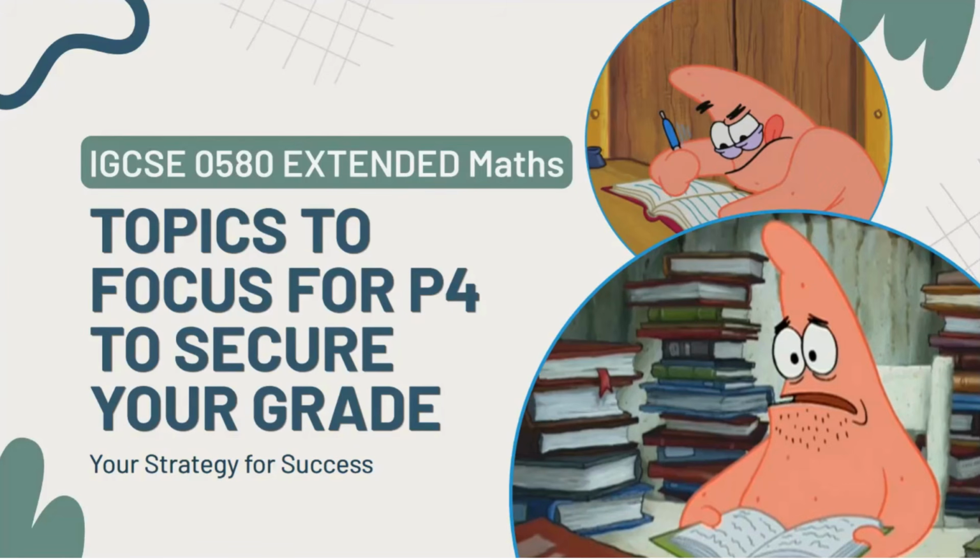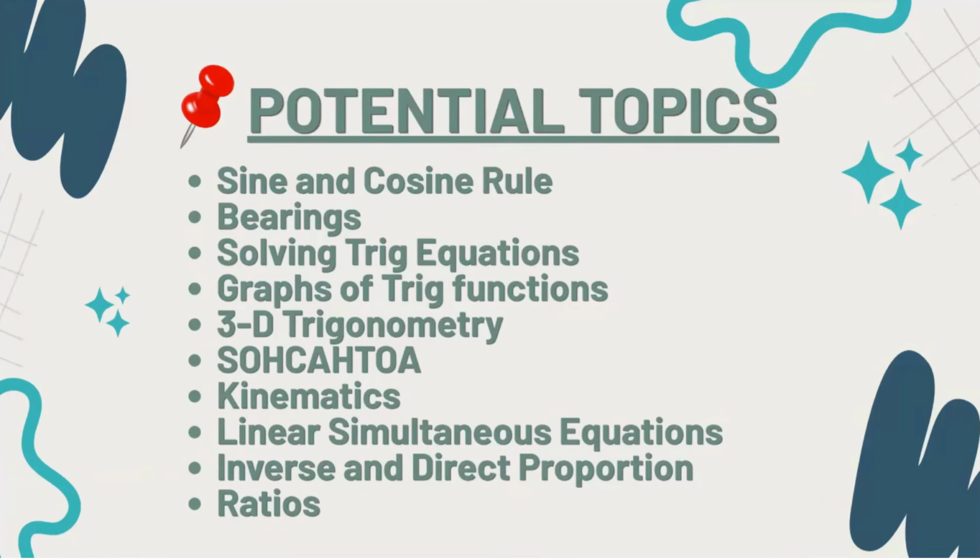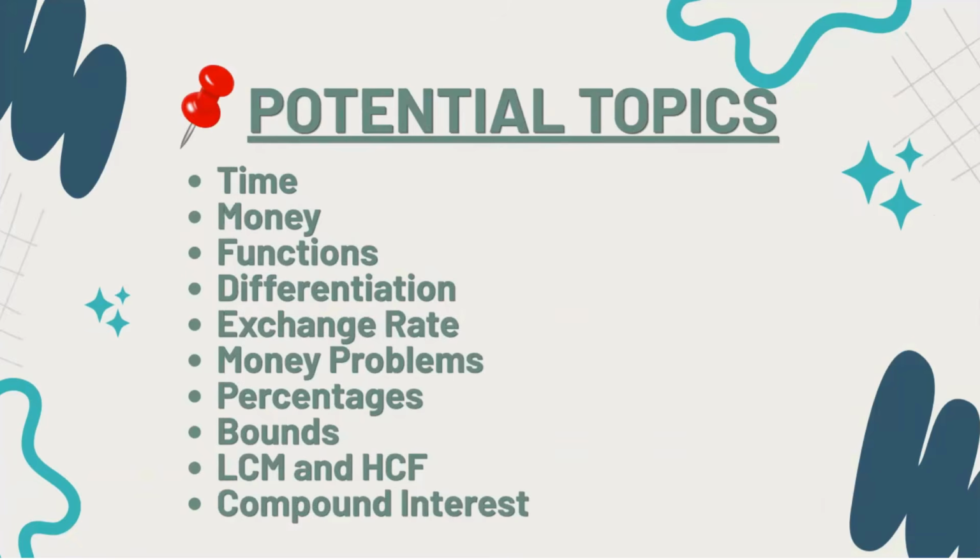So let's start with a list of topics that can potentially come in paper 4. First, sine and cosine rule, that didn't come, bearings, solving trig equations, graphs of trig functions, 3D trigonometry, SOHCAHTOA, kinematics, linear simultaneous equations, inverse and direct proportion, ratios, time, money, functions, differentiation, exchange rate, money problems, percentages, upper bound and lower bound, LCM and HCF, compound interest,